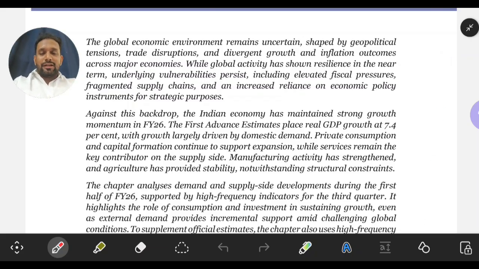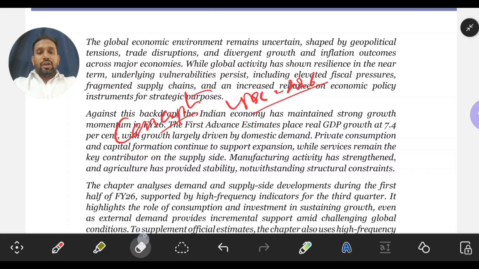So today we'll be starting a series of lectures on economic survey concepts only. What I'm talking about, concepts. Along with that, facts also we'll cover, and very important for UPSC 2026 prelims examination. Please make sure that you watch all the lectures, and we'll also cover all the MCQs with regard to the economic survey. So what we are trying to do is we are learning the concepts here, and we are learning the facts which are given in the economic survey.